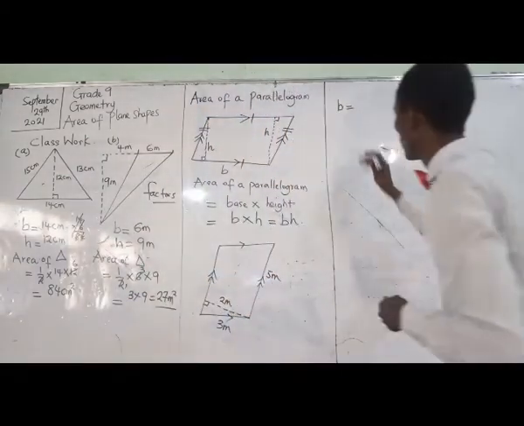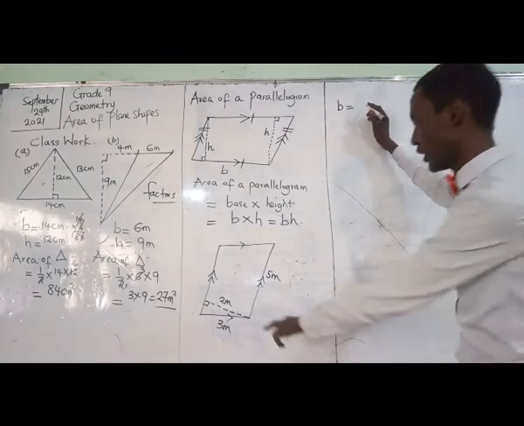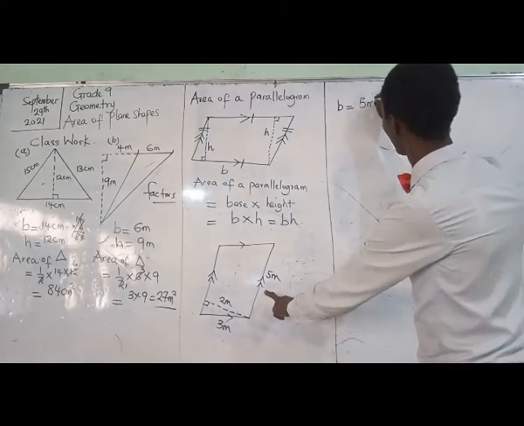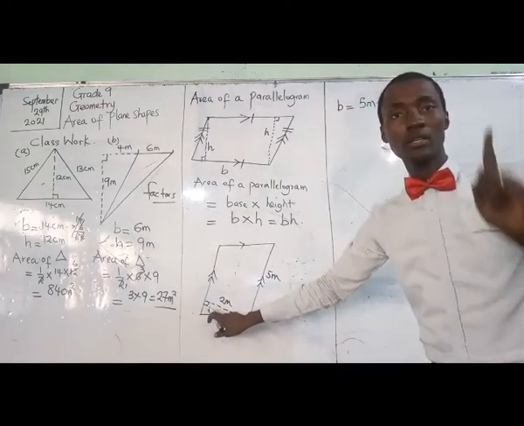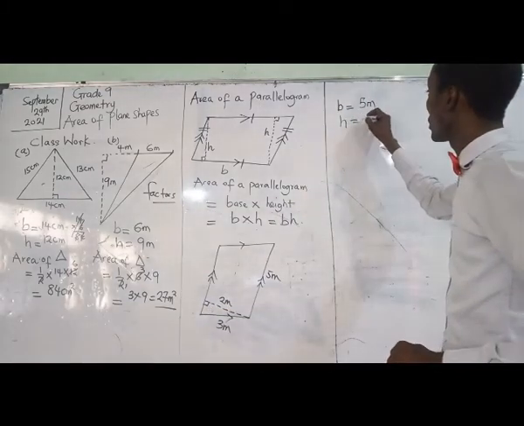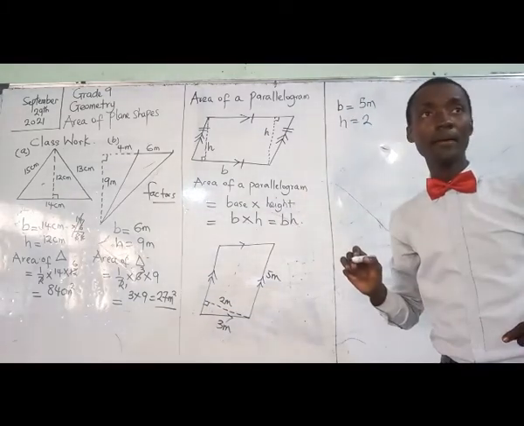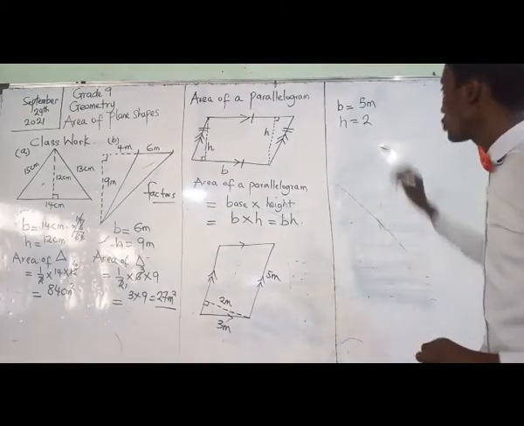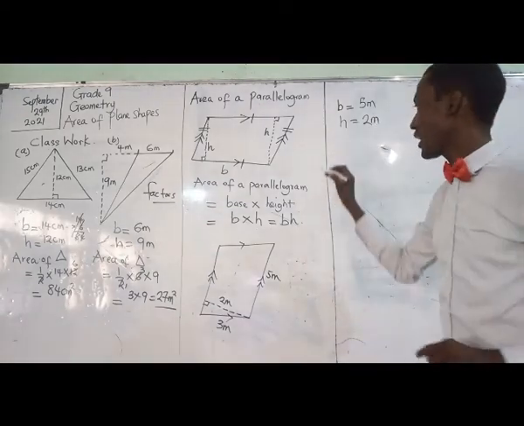Alright? So this is B, what? 5. And the height being what? 2. Are we together? Yes, sir. Are we together? 2 meters. So what is the area? The area